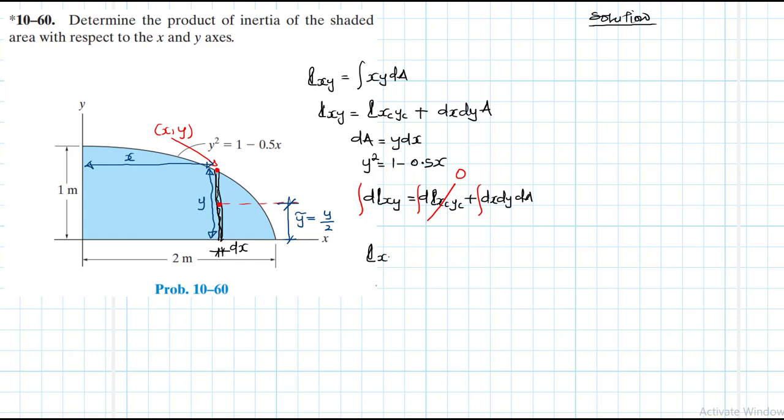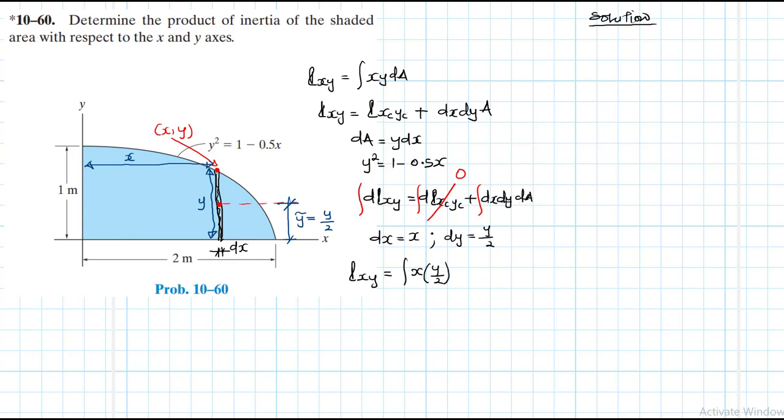So that becomes I sub xy equal to, and then we know that our dx is just equal to x, and our dy is equal to y over 2. So our I sub xy is going to be equal to integral of x, then our dy is just y over 2, and then our dA,